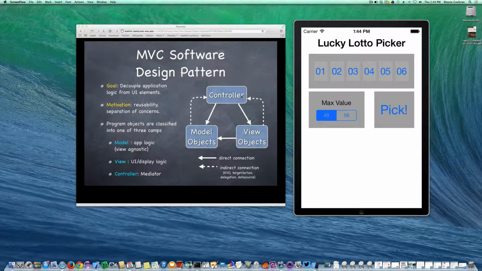So here's our fourth video on creating our simple iOS app for picking 6 lucky numbers. We've noticed that we're using the model view controller software design pattern. In the first video, we created our view objects, which can be seen here in the simulator. The view objects are all the various controls and labels that the user sees and interacts with. In the second video, we created the internal engine that generated the lucky numbers, which was a model